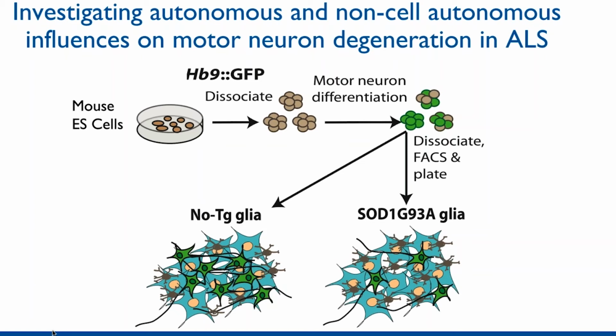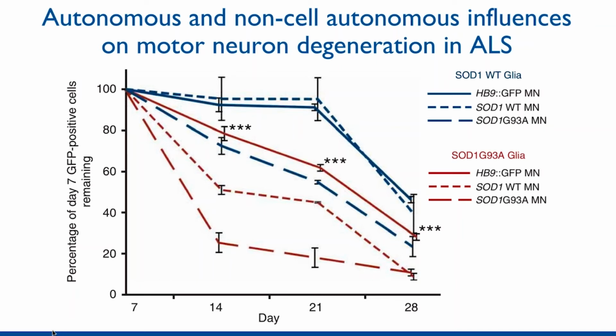And right away, he obtained a complicated but really fascinating result. So here in blue, you can see the performance over about 28 days of culture of all of the motor neurons that come from healthy mice, but plated under different conditions. And in the top two blue lines, you can basically see what happens to those motor neurons when you plate them under healthy conditions. And then interestingly, that bottom blue checked line is the difference in survival when you grow those motor neurons on glial cell types, astrocytes and microglia, that come from the ALS mouse model themselves.